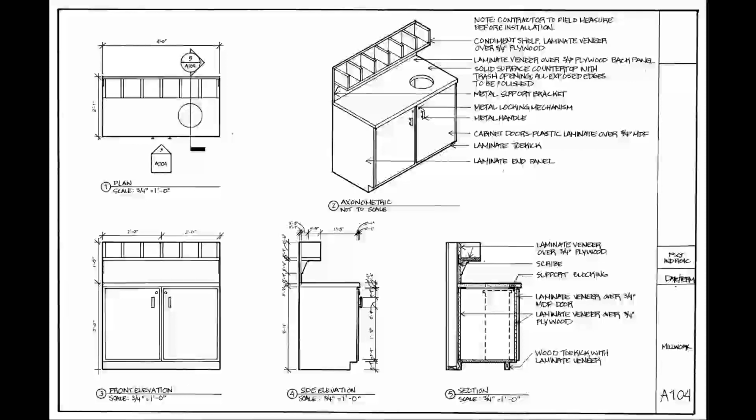So the plan view is very simple. It's intended to just show the footprint and what you would see if you were a bird looking down at this thing. Notice there's no textures, there's not a whole bunch of visual clutter. It's supposed to be very straightforward, and that's how it would look if you look down on it. But you can't really get a full picture of what this thing looks like, so the next thing we have